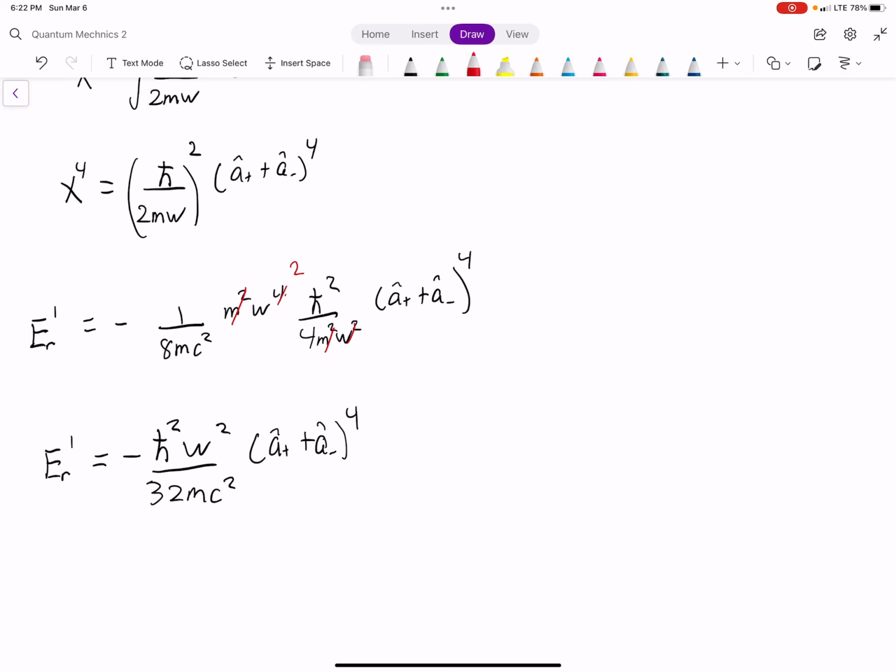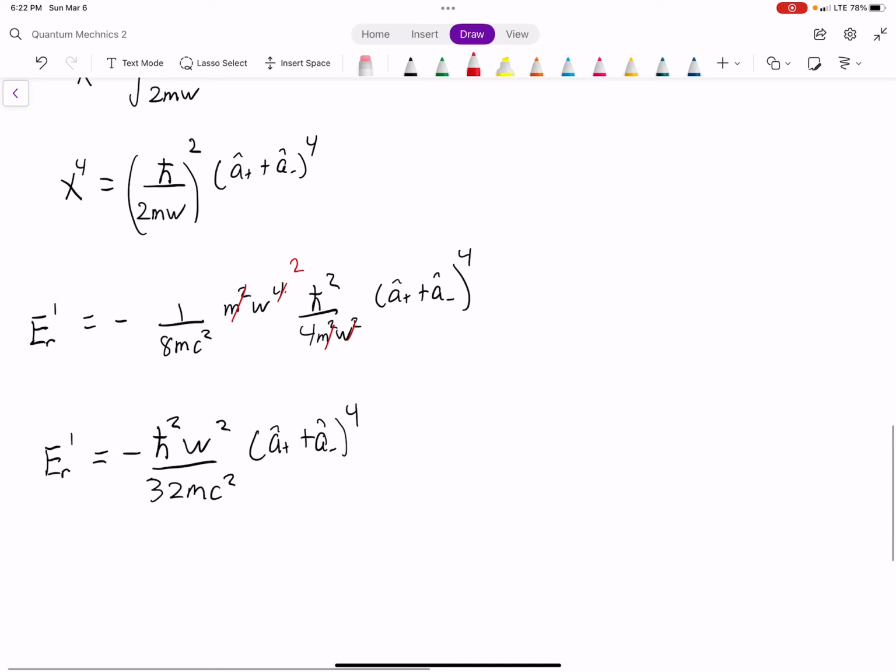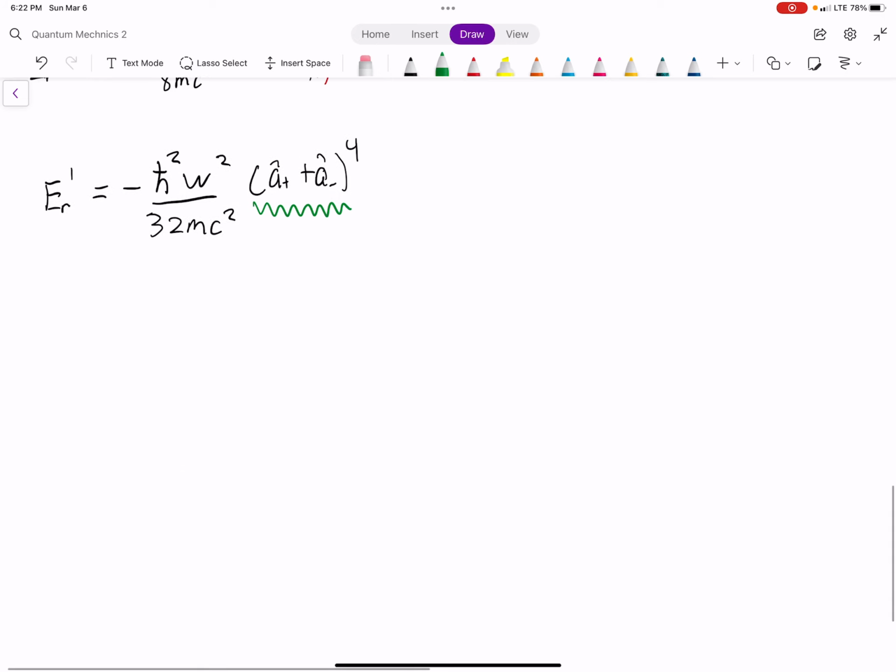So we're looking good. So now what we have to do is this evil thing. And again, these ladder operators are operating on some state. I'm going to bring that up in just a second, but let's go ahead and just see what this even is. So (a plus plus a minus) to the fourth, hopefully this doesn't kill me,